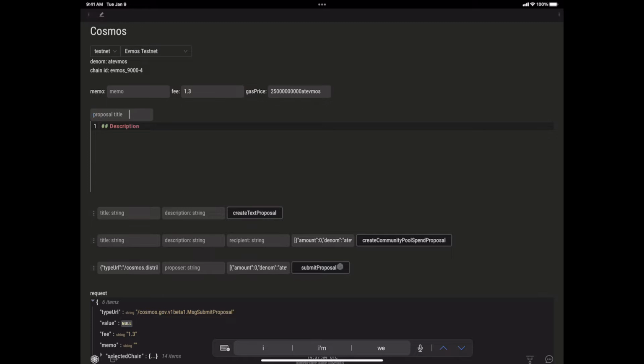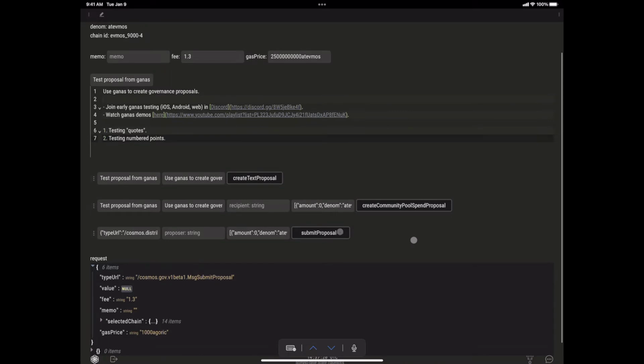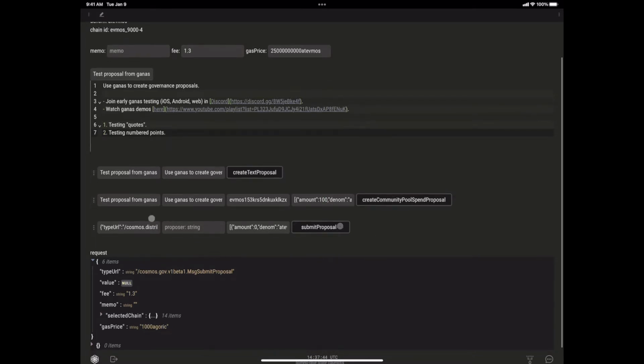and we can set the proposal title and also the proposal description here, and we can create a text proposal or a community pool spend proposal. For this, we will also add a recipient here. And let's put an amount of 100 Evmos units. We click on this button here, so the community pool spend proposal data is filled in this input,